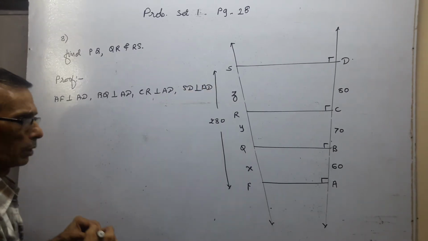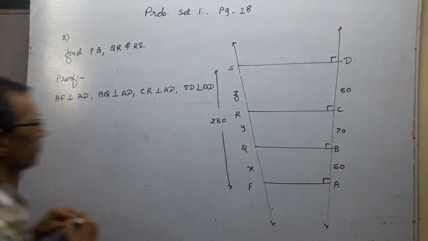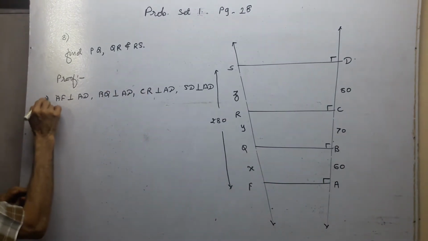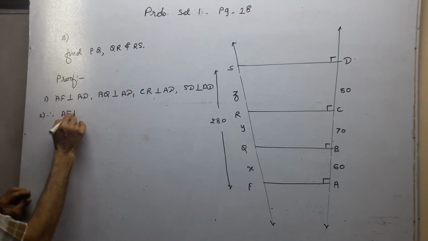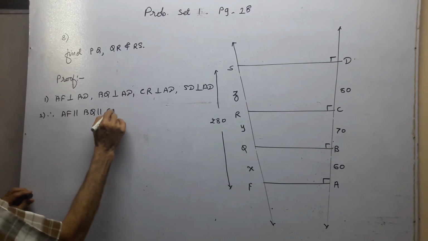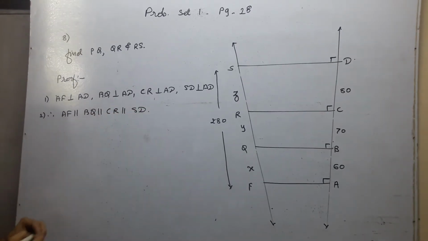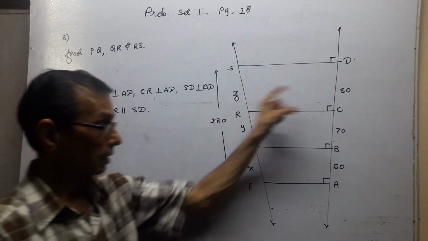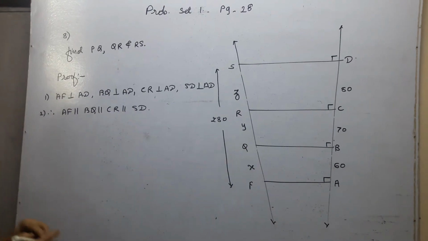So all are perpendicular to AD, and therefore they are parallel, and therefore AP parallel to BQ parallel to CR parallel to SD. Since they are parallel, these gaps are in the same proportion, and therefore we can write